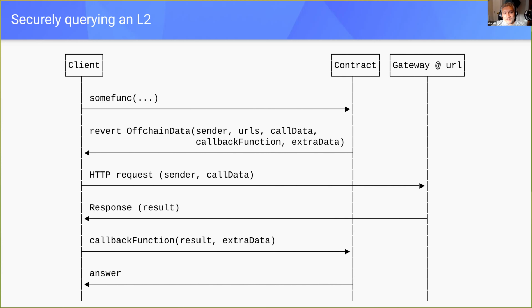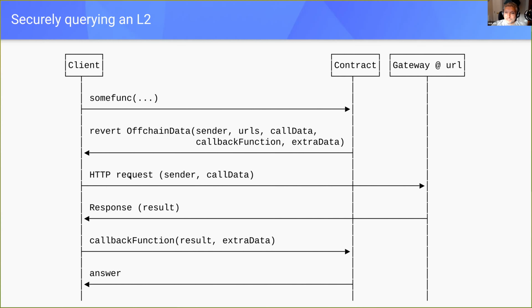And the error it returns with has a number of parameters. It says, this is the contract that needs external data, which will usually be the one you just called. Here are the URLs for some gateways that you can consult for this data. Here is the data that you should pass those gateways. So here's the question the contract wants to ask the gateways. And when you're done, please call the callback function on the same contract with the response and also with some extra data. So we get all of this back, all 5 parameters, and the client then goes and makes an